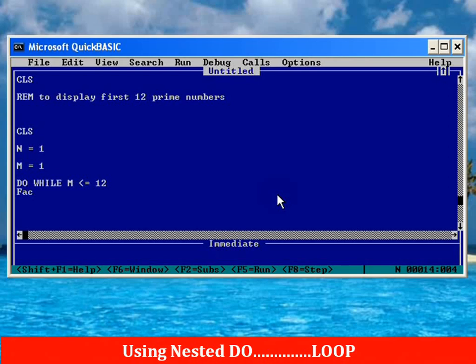Now fact equal to 0 for counting the number of factors. Now for I equal to 1 to n, if n mod I equal to 0,